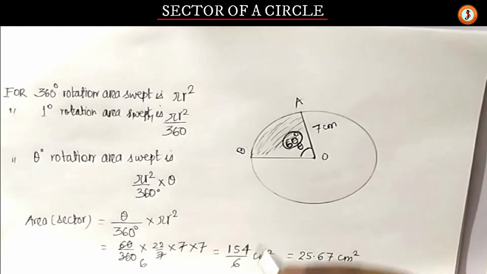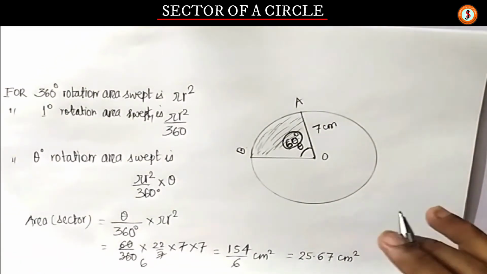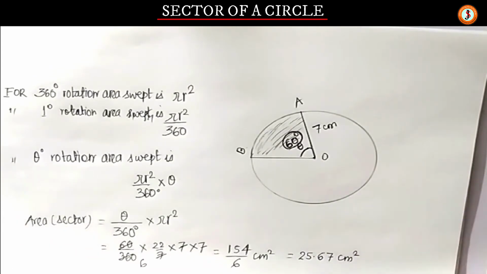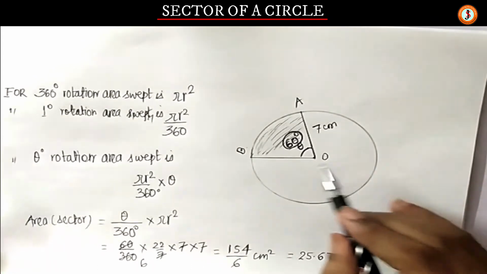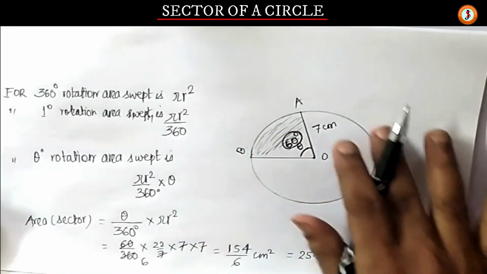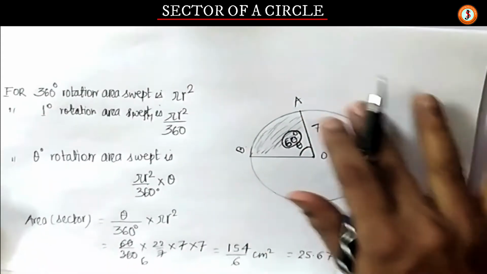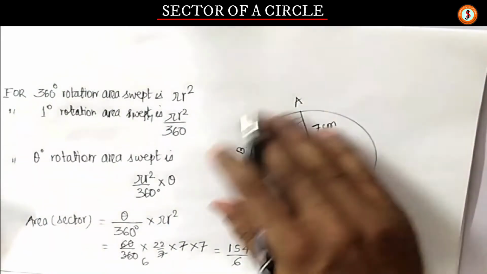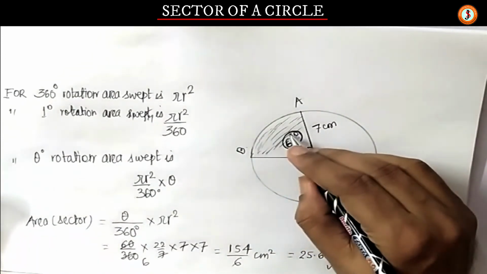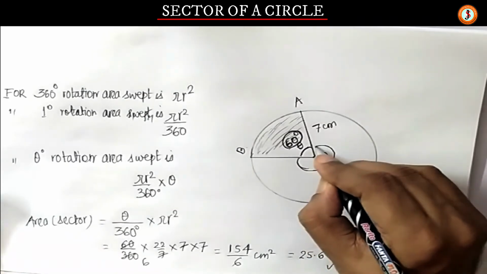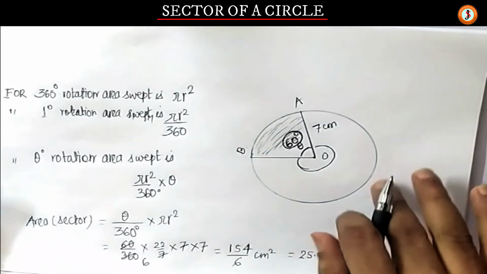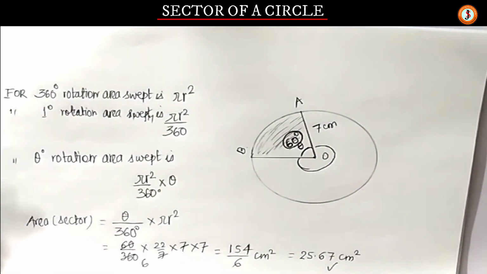So this is what is there. So we come to a very good important point, that area of the sector is theta by 360 into pi r square. So that is the first thing. Now suppose they give the question in a changed way. Find out the area of shaded region and the unshaded. So you can do it two ways. You can find out the area of the whole circle and subtract this. Or you can go the other way around. If this inner sector is 60 degree, then outer sector angle is 300. So you can directly find out area of this part will be 300 by 360 into pi into 7 square.